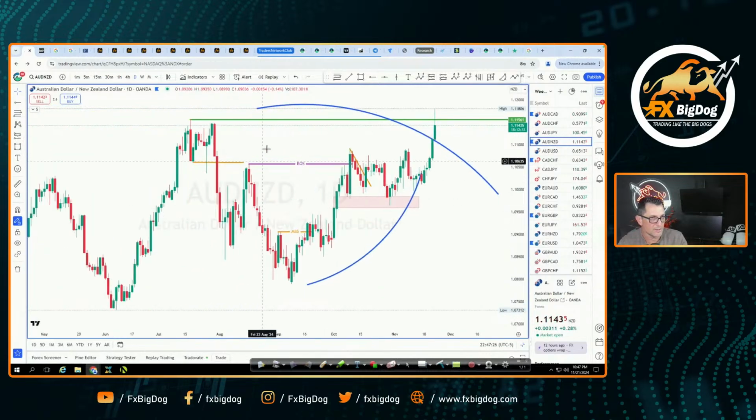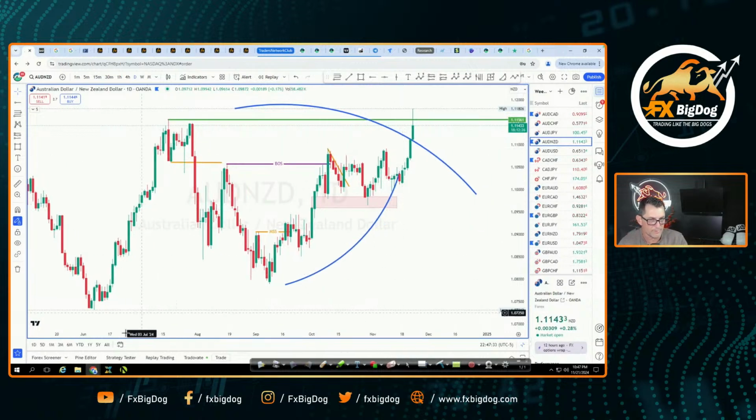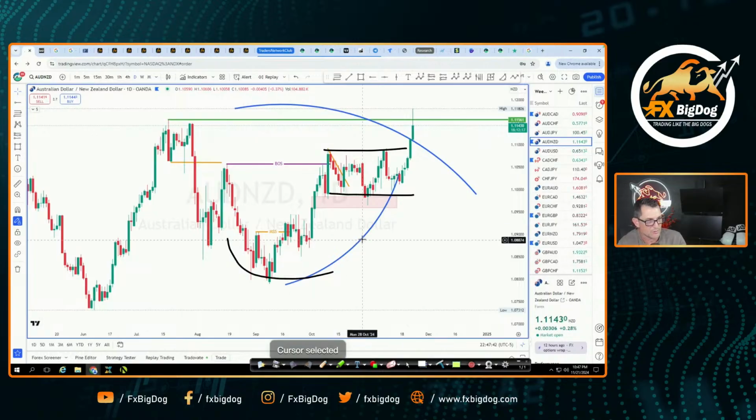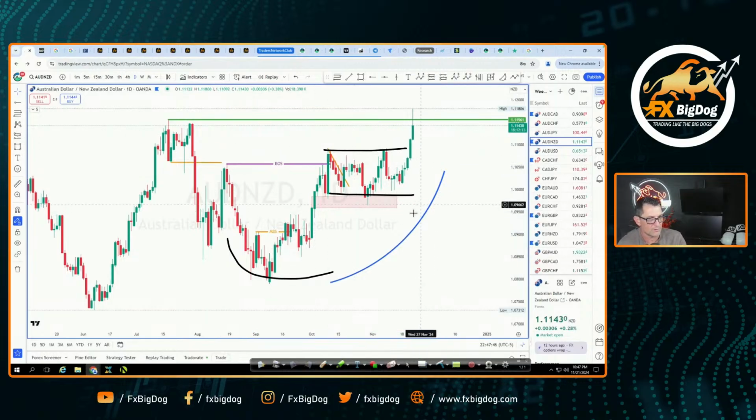So on the Aussie New Zealand dollar, what's happening right here? Well, look at this. Price has gone ahead and accumulated right here. And notice that we turned on the buy side of the curve. This is the buy side of the curve right here. When we move to the buy side of the curve on this move, what did price do? Price started targeting this area right here. That's where the liquidity is. So we had the market moving to the sell side. We had a market structure shift right here. And then price started moving back up.